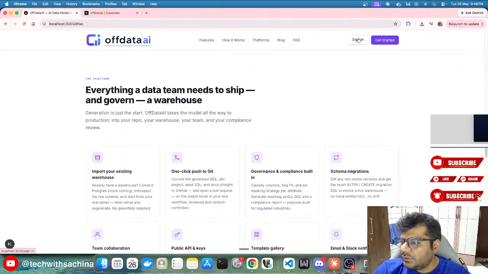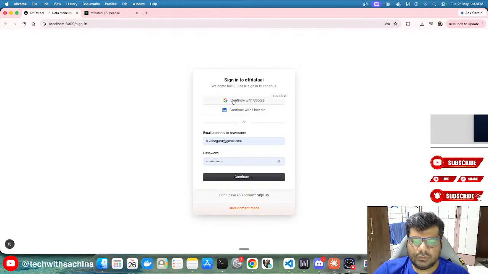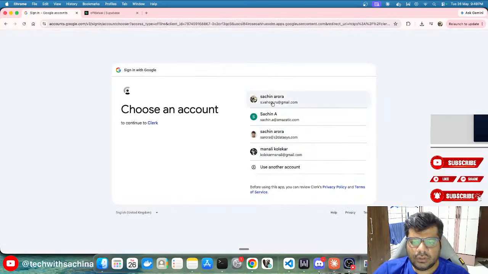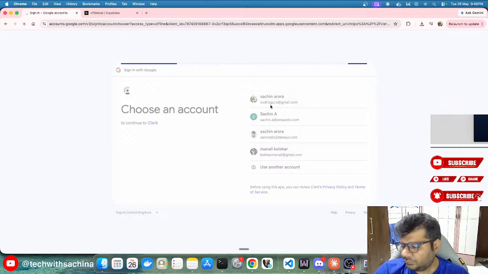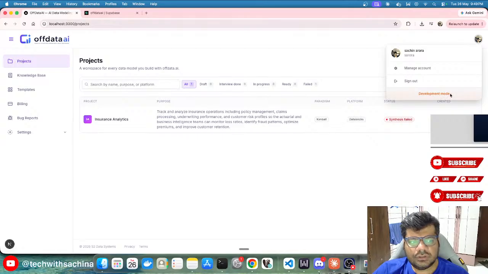So let me just sign in to the product. This is continue with Google. I'm also checking out an alternative to Clerk, because if I need to deploy the production application with Clerk, whenever I go to the Clerk section it shows development mode like this, right?